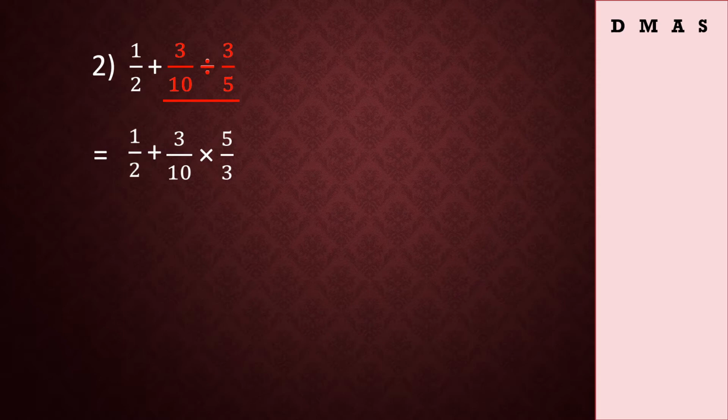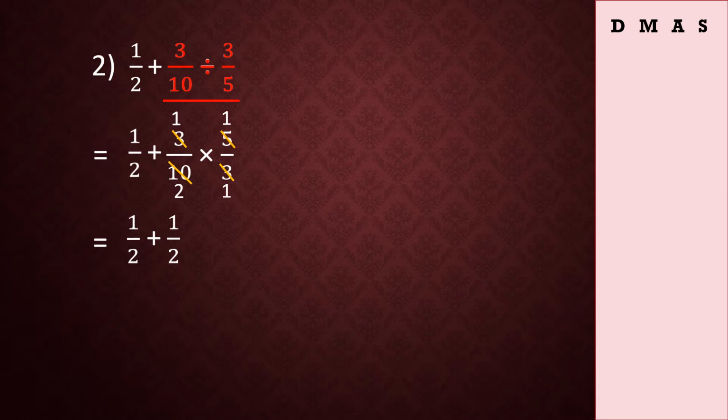Now simplify. See, 3 is divisible by 3. So divide. 3 ones are 3. Again 3 ones are 3. Now 5 and 10 both are divisible by the same digit 5. So divide. 5 ones are 5, 5 twos are 10. Now it cannot be further divided. So do the multiplication. 1 ones are 1 and 2 ones are 2. So write 1 upon 2 and plus sign as it is. And after multiplication, we get 1 upon 2. So write down 1 upon 2. So we have 1 upon 2 plus 1 upon 2.